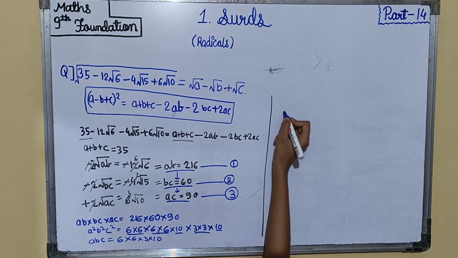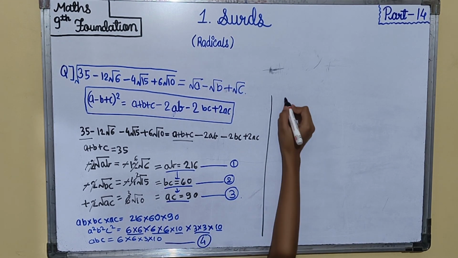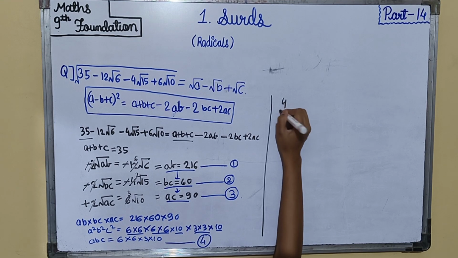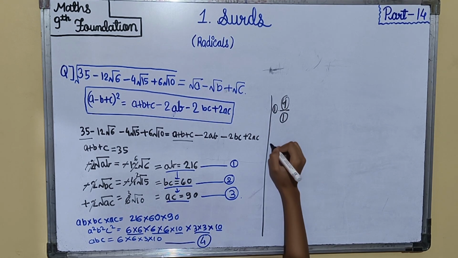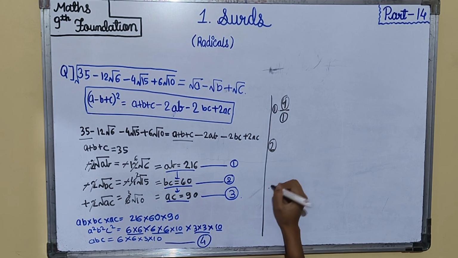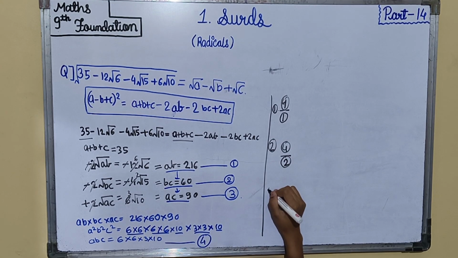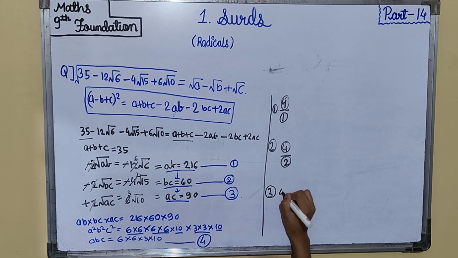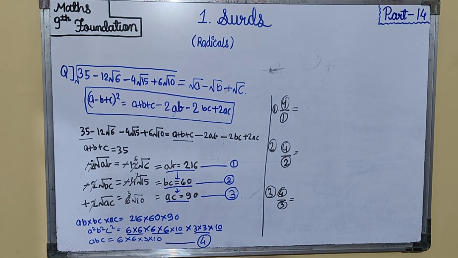Like this we have got the answer. This would be the fourth equation. Now we'll substitute one by one. First, the fourth equation upon the first equation. Second would be the fourth equation upon the second equation. Then the third step will be the fourth equation upon the third equation. Then we'll find the value of each and every alphabet.